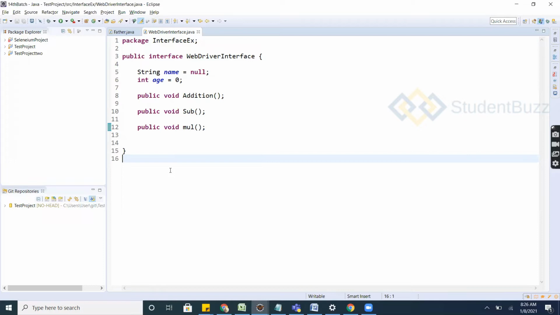In every interview which I take for Selenium, the first question I ask is, what is WebDriver? People will say WebDriver is a tool or a set of tools, or some will say WebDriver is an interface. The very next question is, which class implements the WebDriver interface?